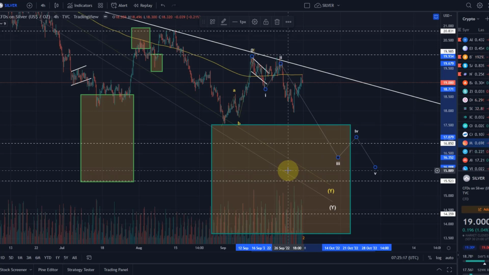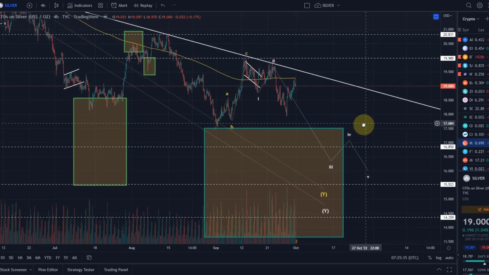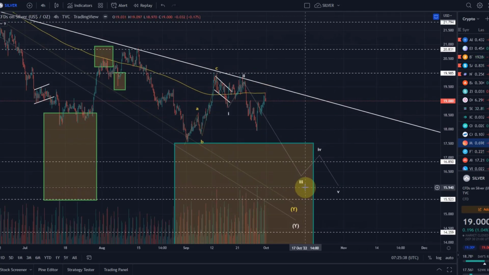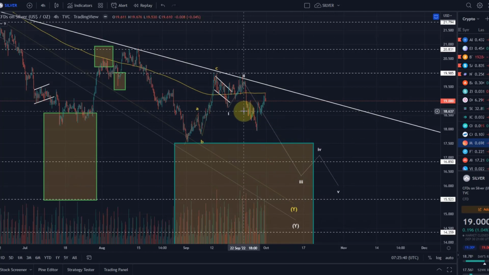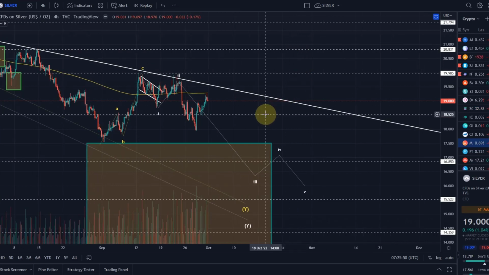So all of these can go up because they have all reached their target areas. Not all of them. For example, for nat gas, I still expect a further drop. For oil, I expect a further drop. But most of them have reached their areas, the cryptocurrencies. So they can reverse to the upside at any time. Of course, it's not guaranteed, and if the market decides to go lower, it will, but they have reached all the minimum requirements to complete their corrections. So it's a very interesting moment now. So there is a potential to go up from here, but I wouldn't currently give it more than 35% probability.